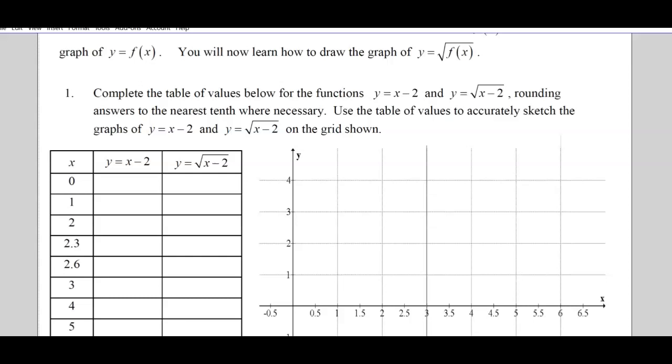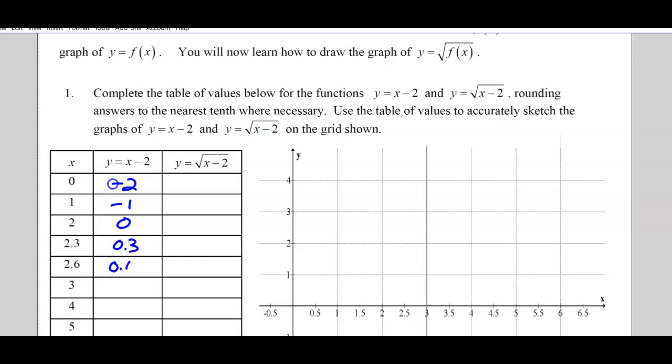So complete the table of values for the function y equals x minus 2. We already graphed some of these and solved graphically last week, but now we're going to look at it in terms of it actually like a transformation, where we already have y equals x minus 2, and then we take the square root. Okay? So you can fill in the chart here, x minus 2. So when x is 0, you get negative 2, negative 1, 0,